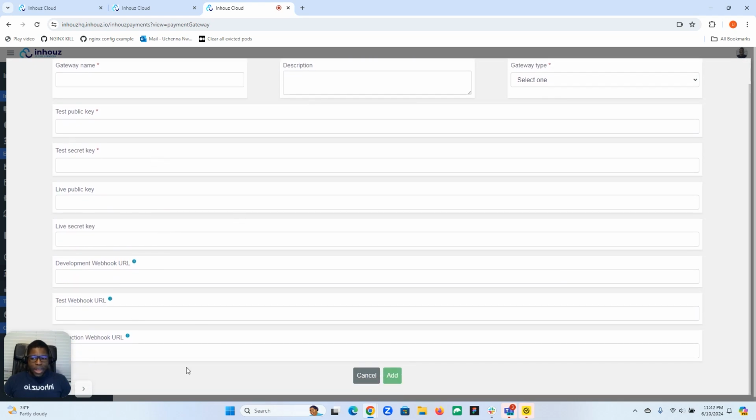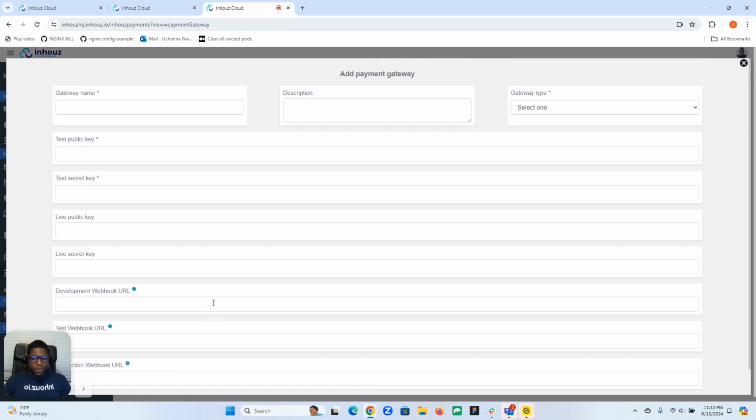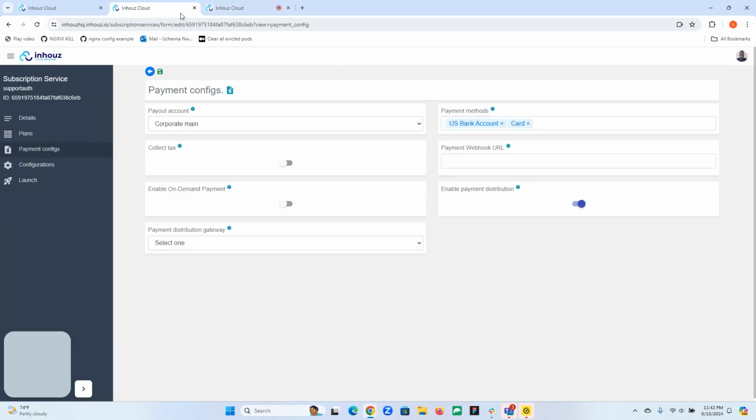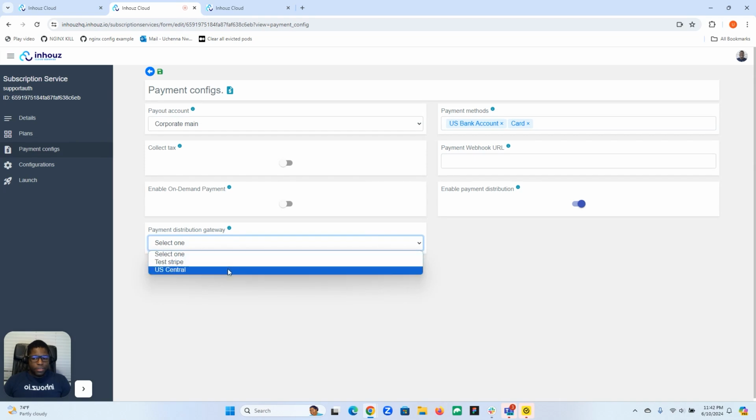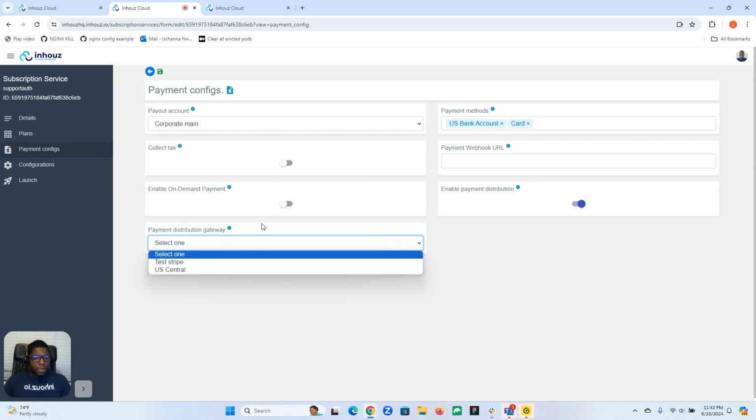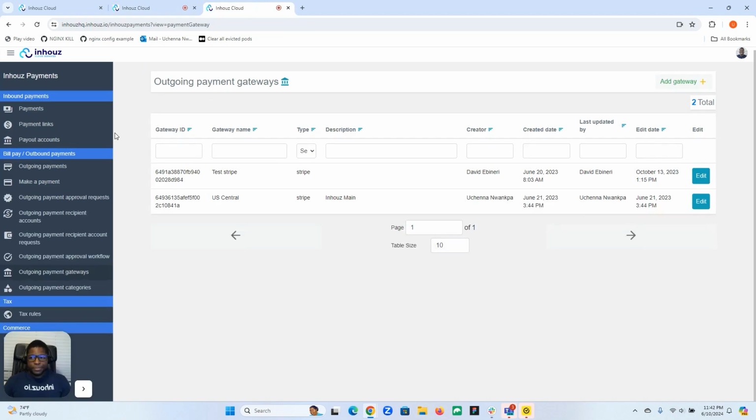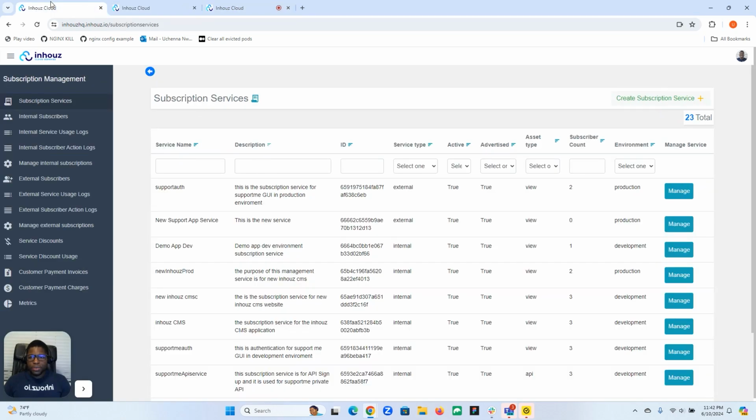And then if you wanted to attach some webhooks as well, you could put some webhooks here to basically enable some automation down the line. But you can basically create your payment gateways and connect that to your payout payment distribution. And then your subscribers, if we go over here to the subscription service,